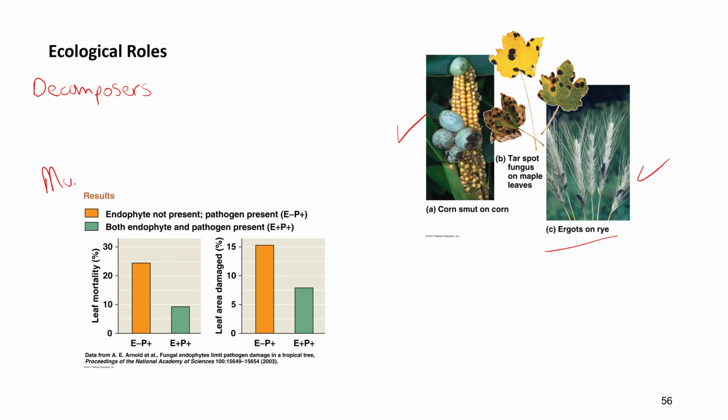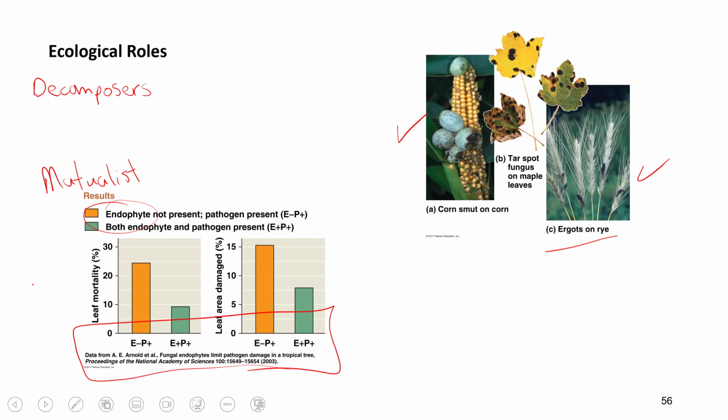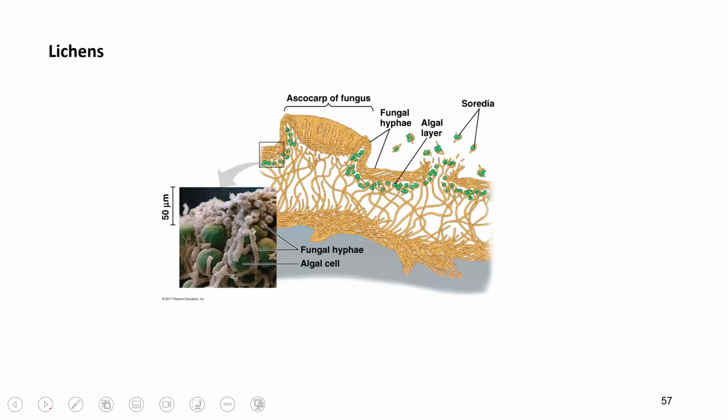So we said we could have ants and their fungus farms. This was endophytes. So in roots we have arbuscles, and in leaves we have these endophytes. It's a mutualistic fungus, and we looked at how that increases the resistance of the leaf because it has that mutualistic relationship. Last thing, and this won't be on the final, but we looked at lichens, and we said those are algae